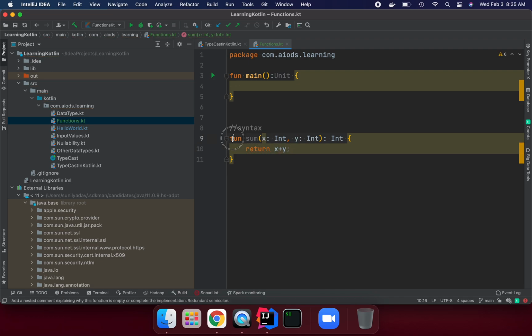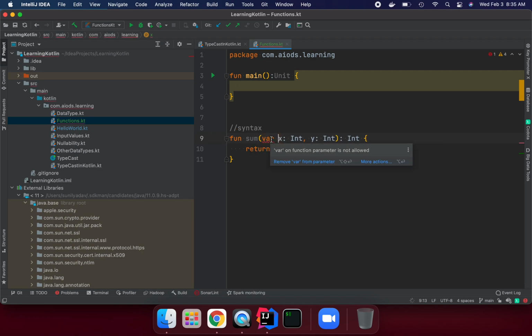So we can see this is a function name and the parameters, and by default all the parameters are immutable in Kotlin. We can't reassign them, no, we can't do it. They say we have to follow the functional programming paradigm, meaning a function should be a pure function, with no side effects at all. So I'm not going to mutate this variable once I pass in the parameters. That's a good thing. So by default it is val.